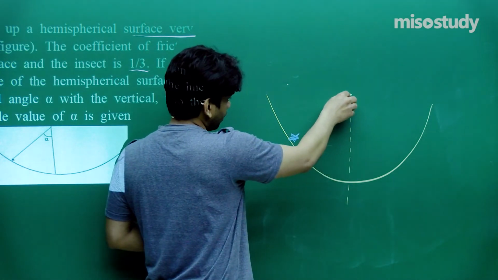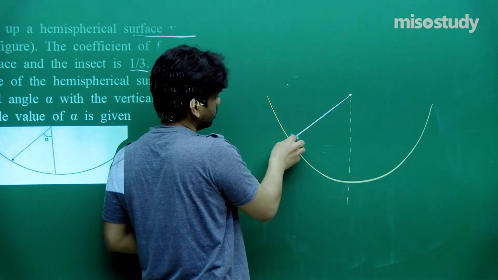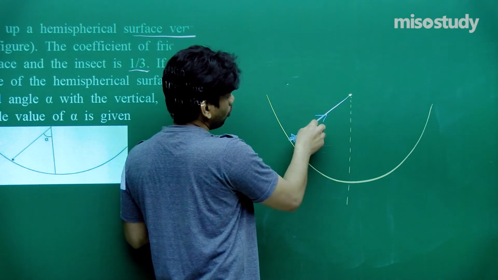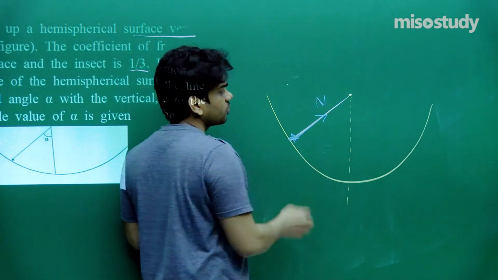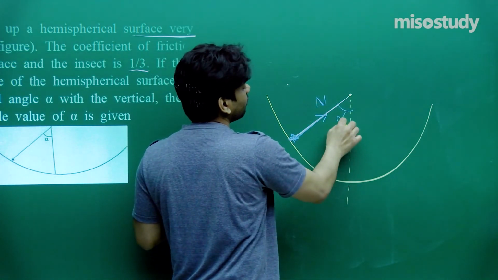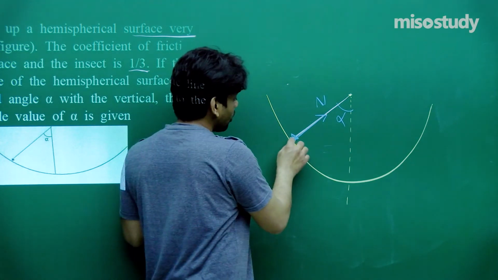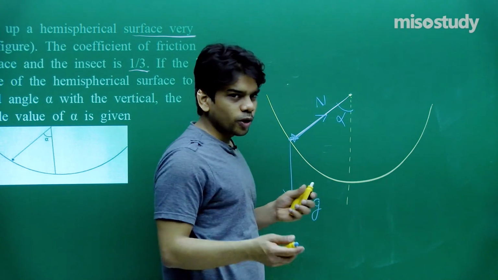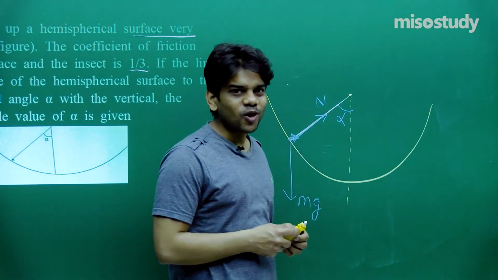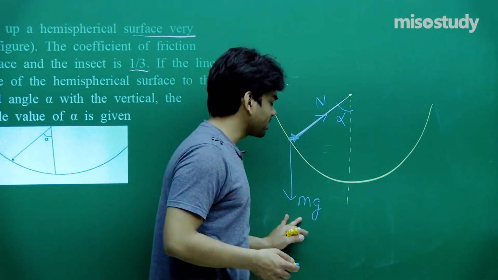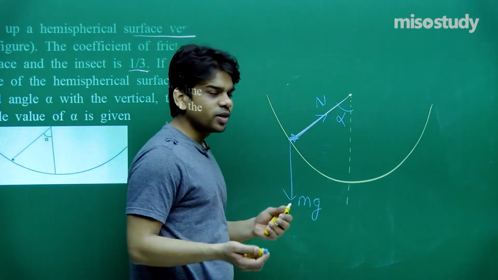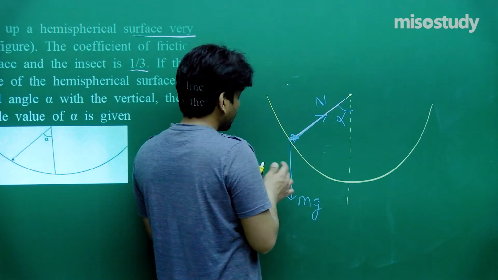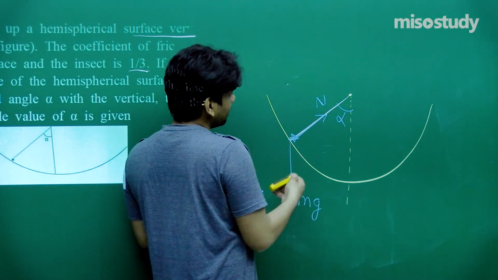And let me join this line. Now see the forces that will be acting. One will be normal, quite clear. This is alpha, quite clear to us. Now mg is acting along the downward direction. Mg, quite obvious, that is the weight of the insect. Its mass we have taken as m, and we have multiplied by g to note that its weight is acting along this direction. Now you see here, this angle alpha,